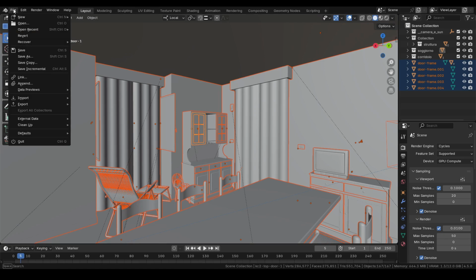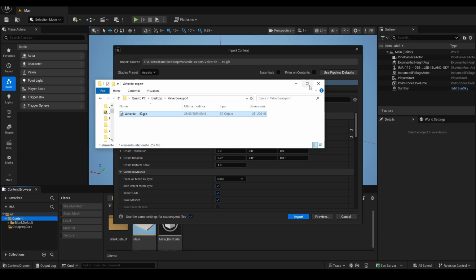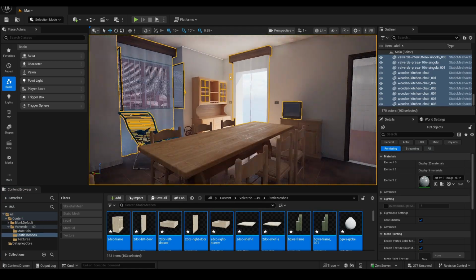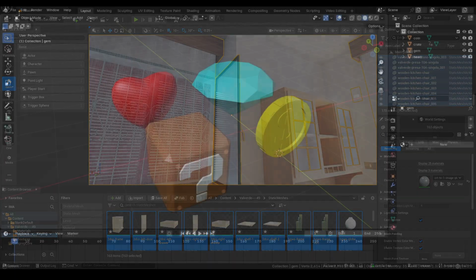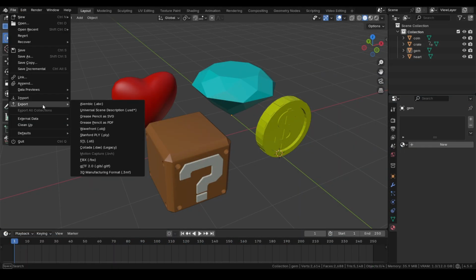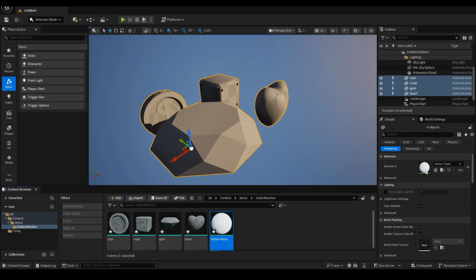Hello everyone. To export objects with vertex colors or a material with PBR textures from Blender 4.5 and import them into Unreal Engine 5, the best choice is the binary GLTF format. In this short video, we'll go through an example for each case, starting with a simpler one, materials with optional PBR textures.